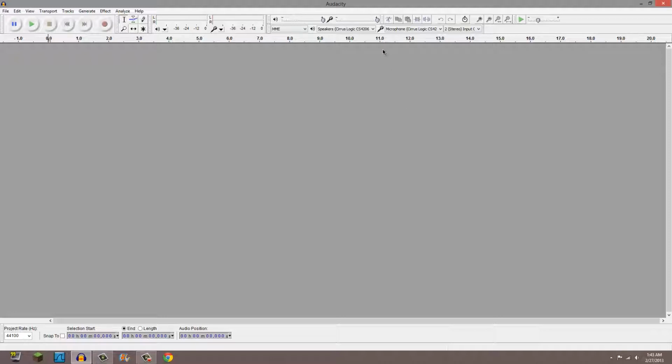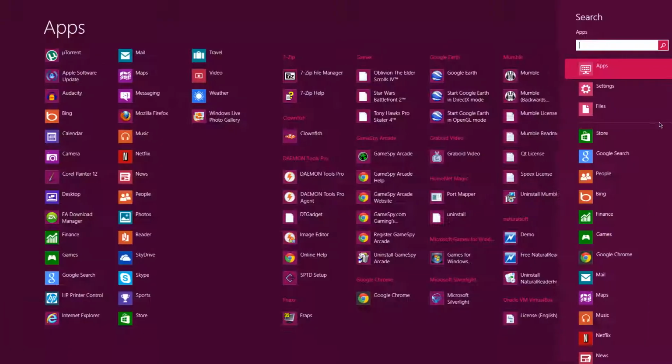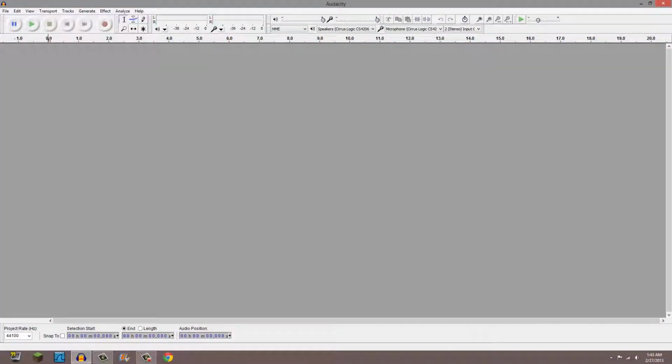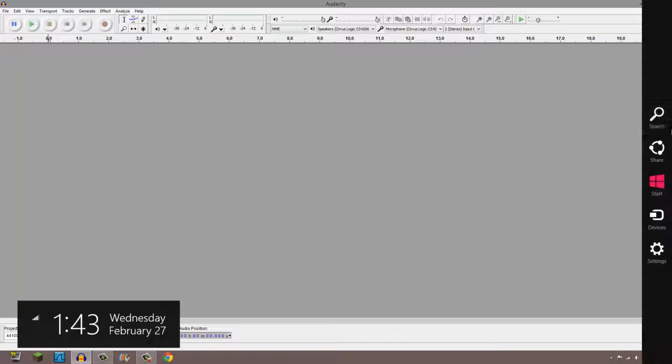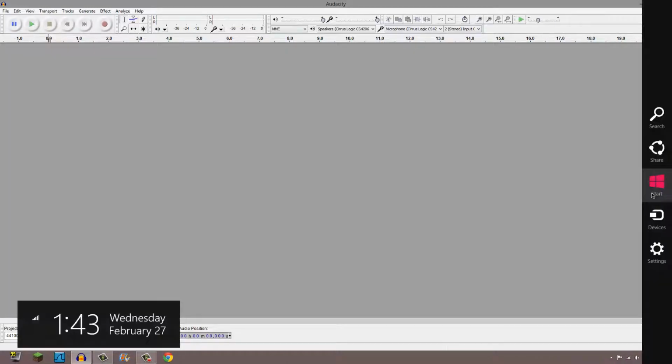Take your mouse right here and slam it up against the right side. And then I didn't do anything. I just slammed it up against the right side. And then I pulled it down a bit, and this bar came up. Now I can search through my apps on my computer, which is handy if I need to find an app. Or we go back here. I can share. Nothing can be shared because nothing's highlighted, of course. There's nothing to share. I can access my start menu, which I could by just pressing the Windows key or